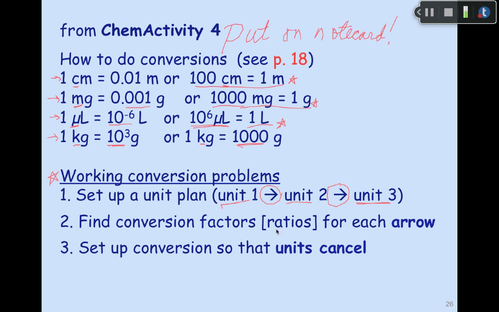So find these ratios and then put them together in such a fashion that as long as you set them up so that the units are going to cancel almost all the time, you're knowing that you're in the right place when the units cancel. Very reassuring, to put it simply. All right, let's do some